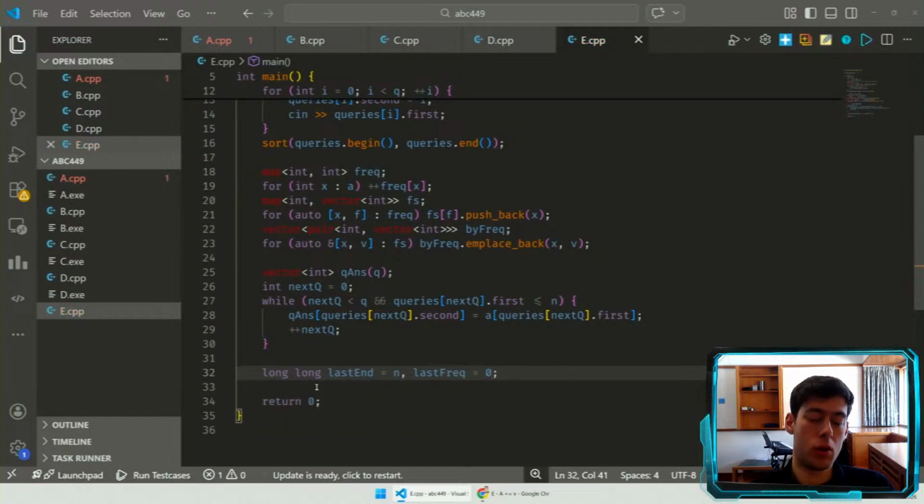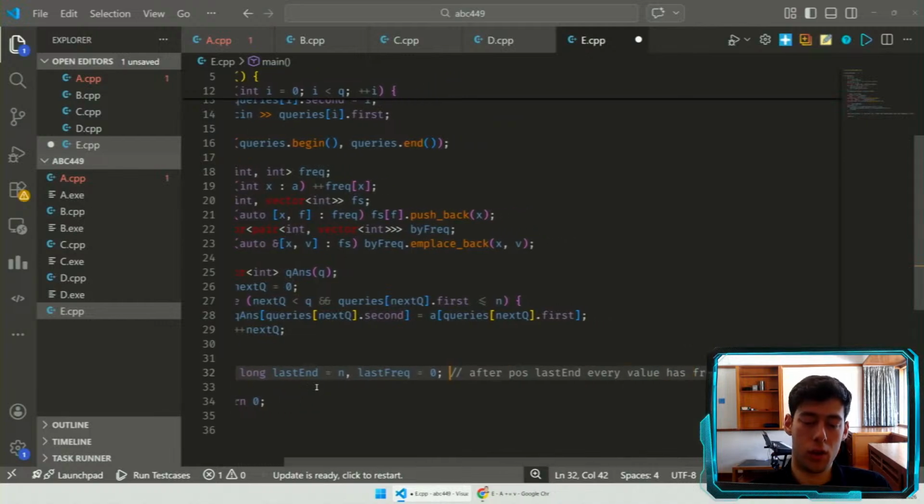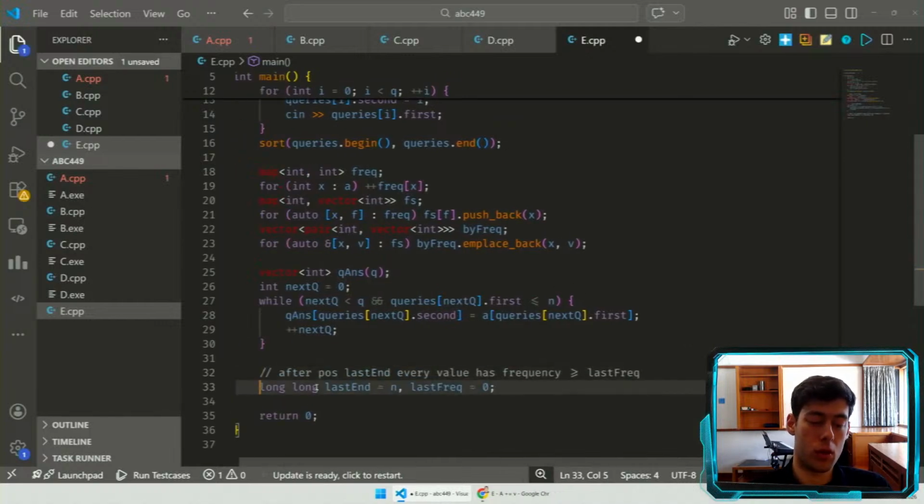So after position n, everything has frequency at least 0. So after this position, every value has frequency at least lost frec. And then